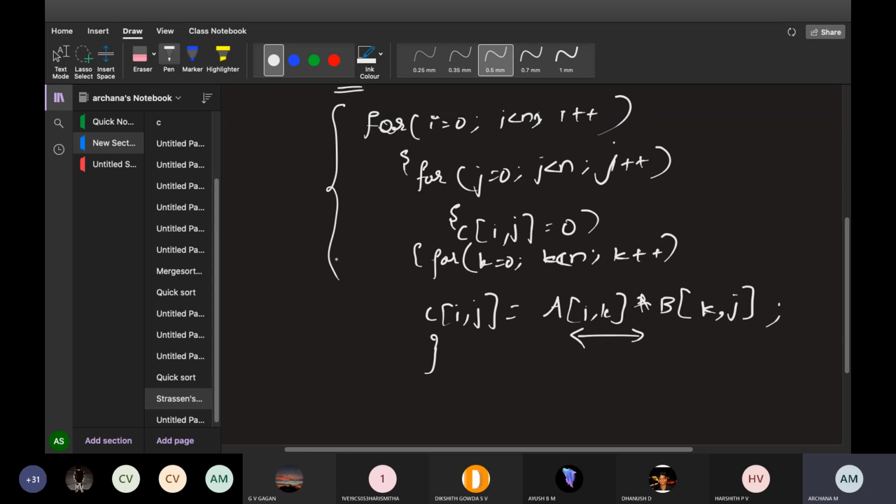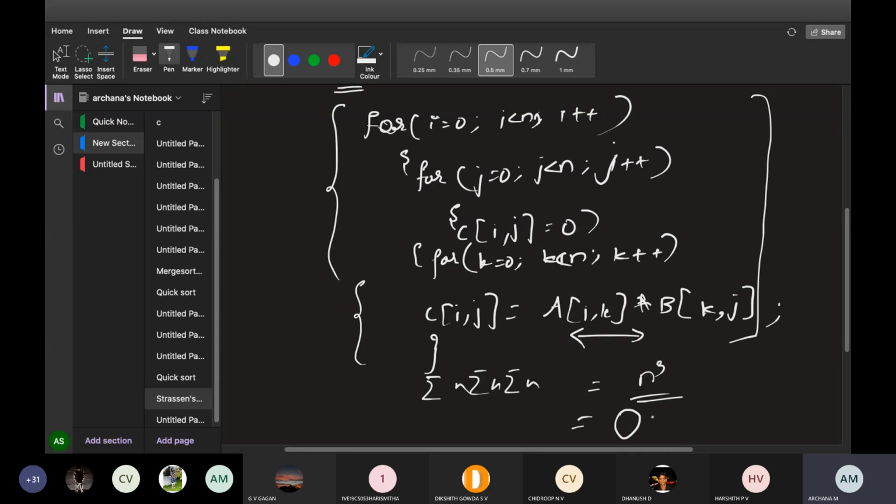When we have this as a general matrix multiplication, a simple algorithm, what was the time complexity we got? Did you calculate it like this, sigma, sigma, sigma, you got n, n, n, finally n cube. This was given in your question paper also. Do you remember that? So when we take this type of algorithm to solve the matrix multiplication, we get the time complexity of n cube, right? This is the time complexity of normal matrix multiplication.